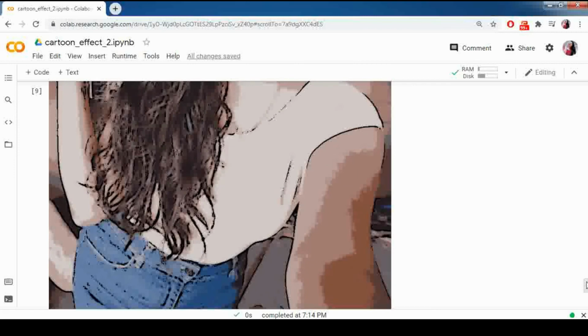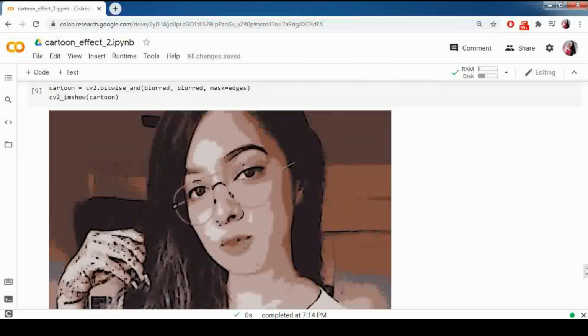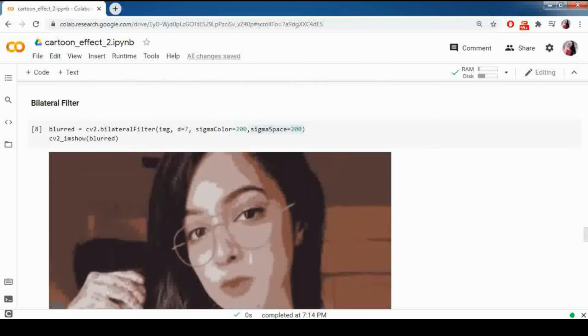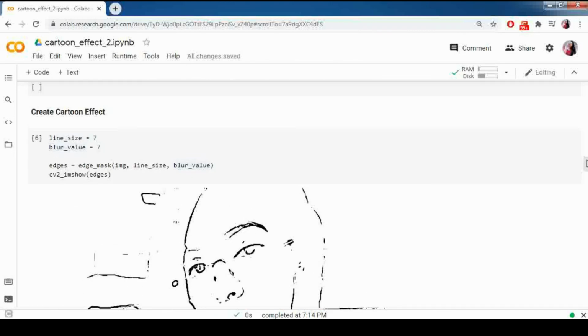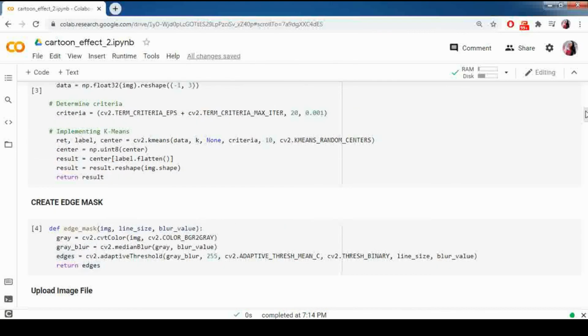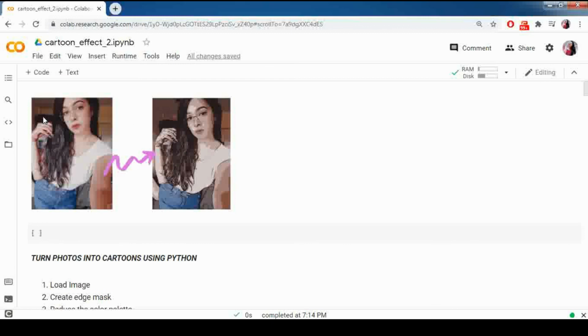Now you can start playing around with the codes to create your own version of cartoon effect. Besides the adjusting value in parameters that we used above, you can also add another function from OpenCV to give special effect to your photos. There is still a lot of things in the library that we can explore.